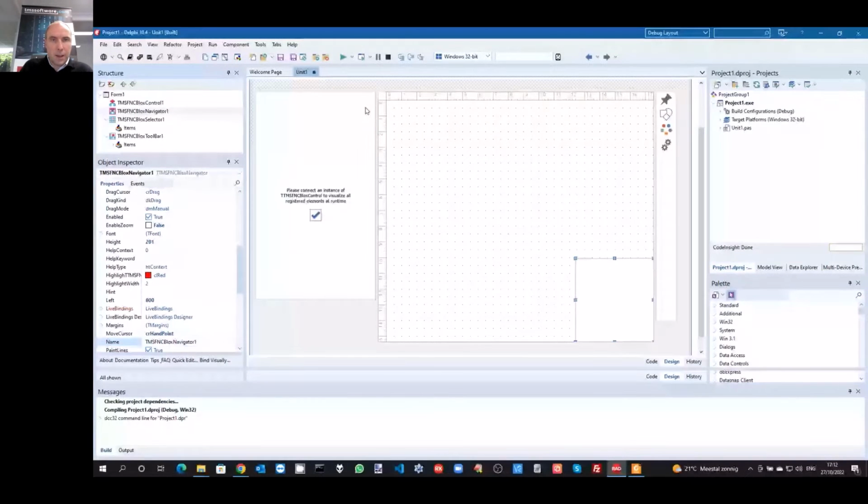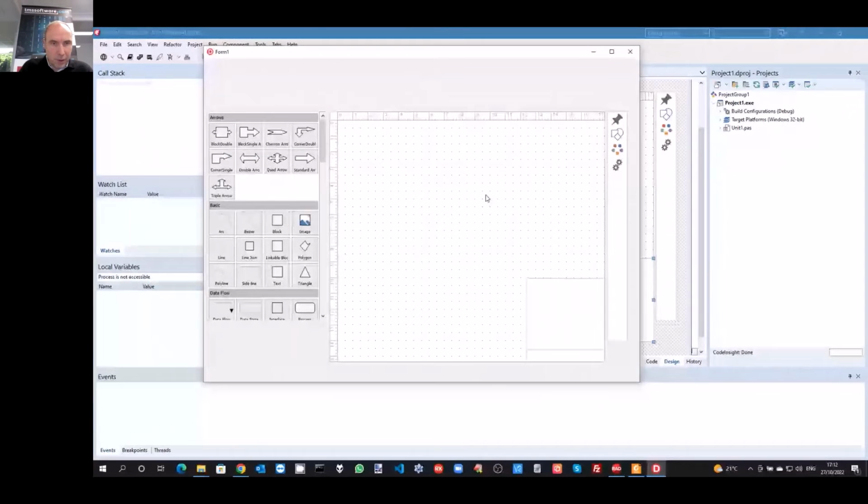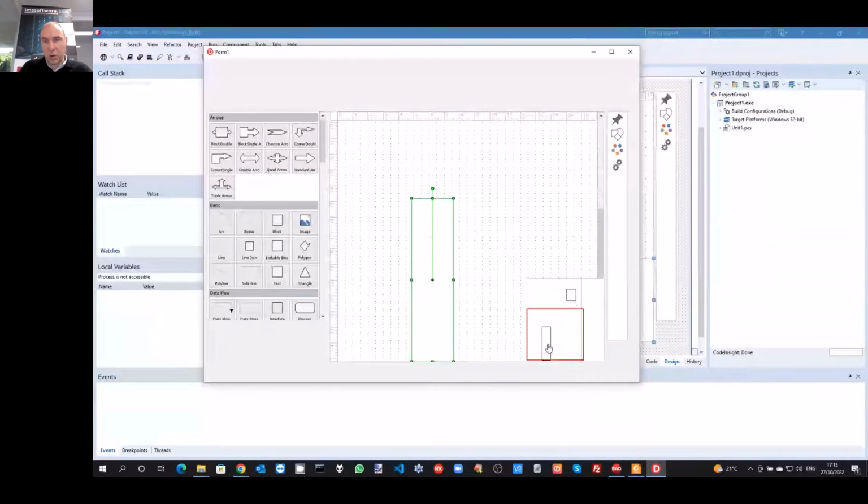Okay, here it is. It is up and running now, and I will insert a block. You can see a small version of this block that is now appearing in the navigator. When I make the area of the blocks control larger so that I get a scroll bar, you can see the red area in the navigator, which is the visible area of the blocks control.